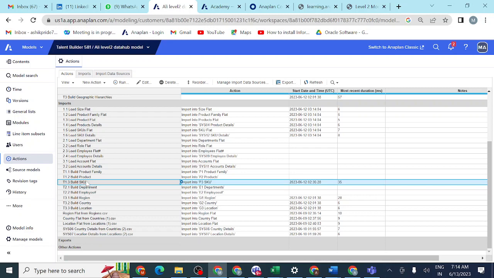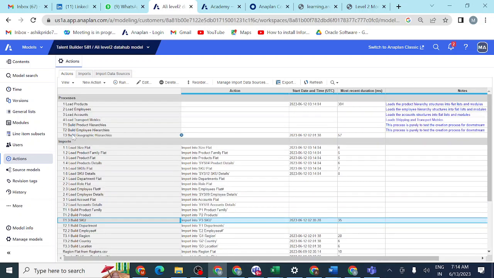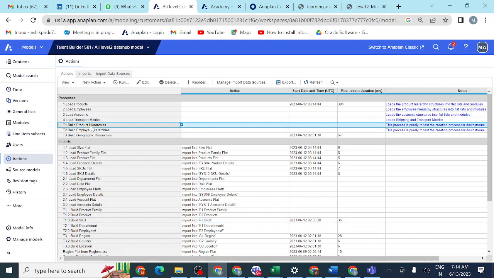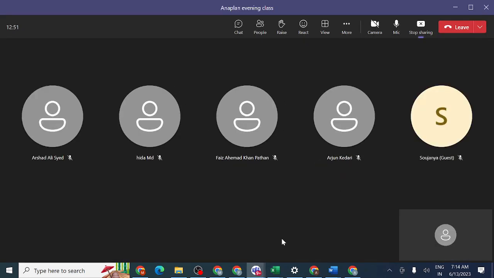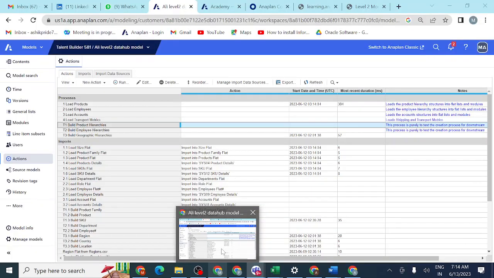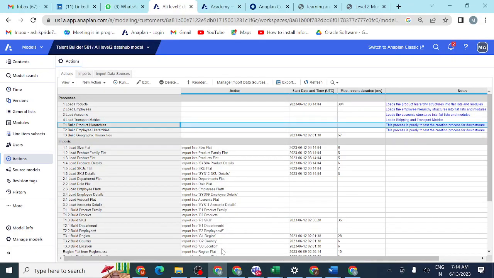So we just need to insert these three into our process T1.3 build product hierarchies. We need to insert this third action into T1 build product hierarchies.